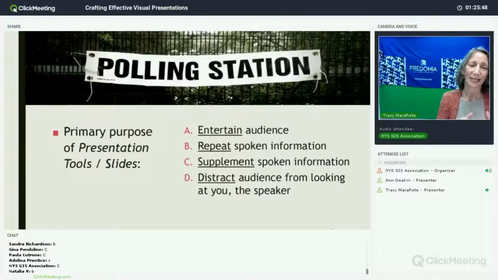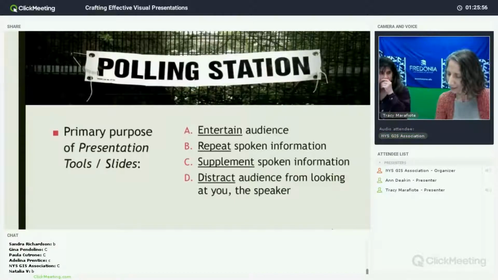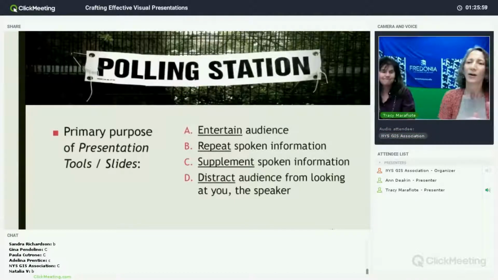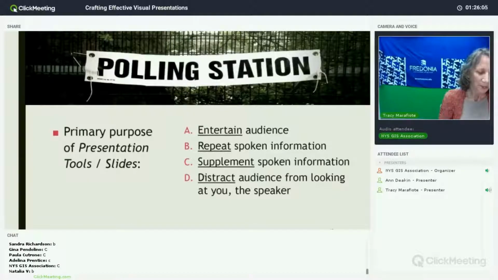I'm going to emphasize here that I cannot do the animation that makes bold the correct answer, so I'm going to have to tell you what the options are. But a slide presentation should always be secondary.